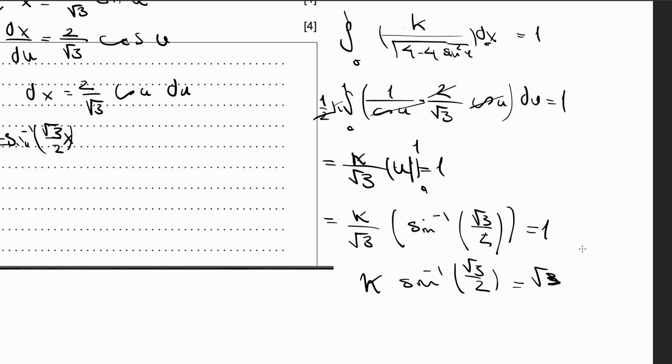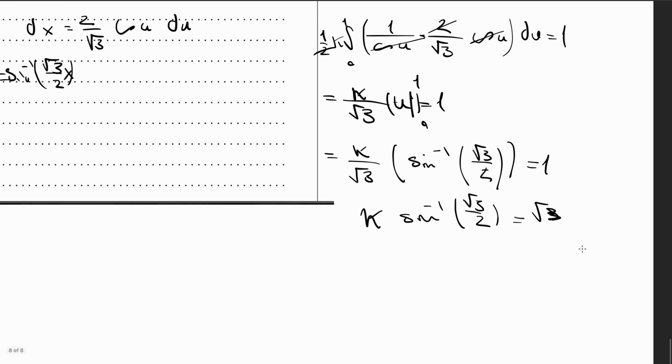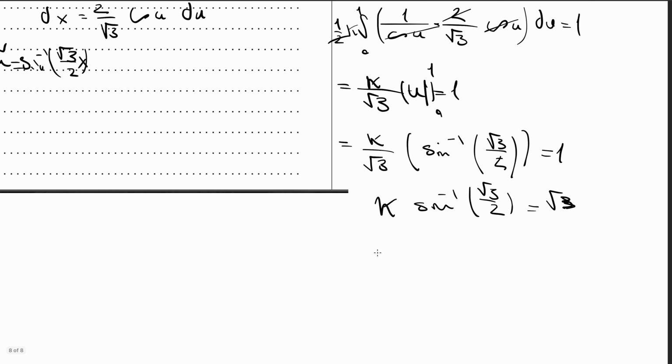Now what? What's sine inverse of radical 3 over 2? Well, that is easy. It's pi over 3, right? It's k pi over 3 radical 3, and so k will equal 3 radical 3 over pi,